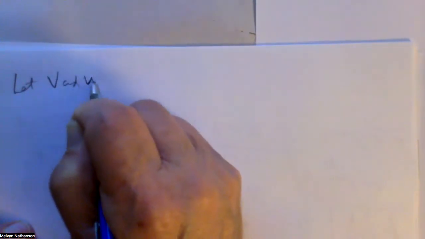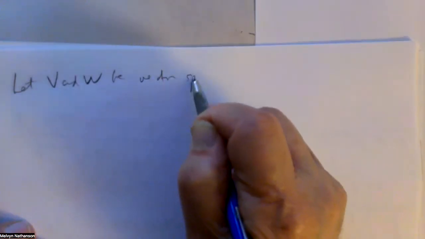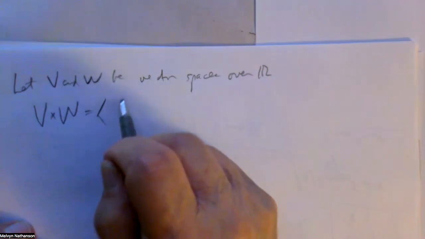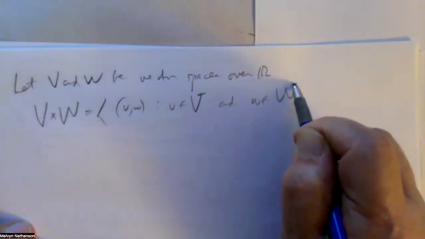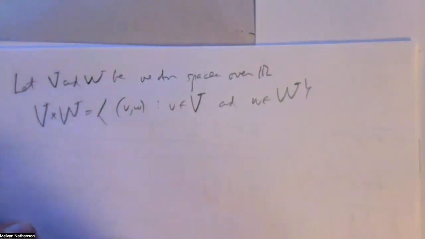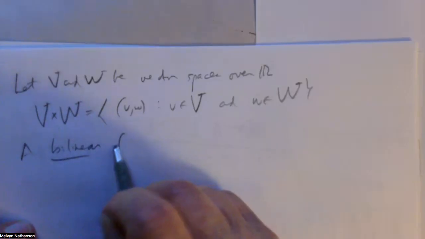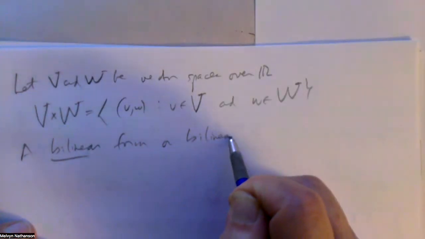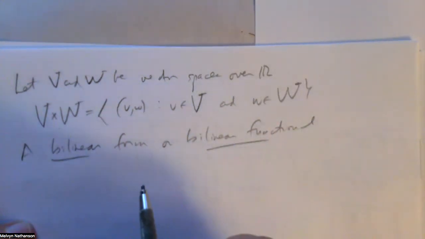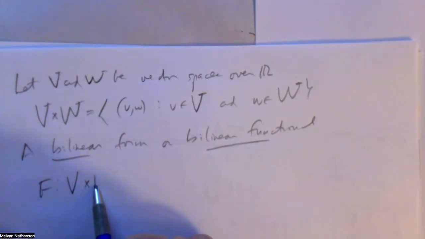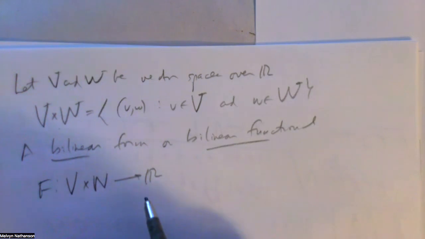And if you have two vector spaces, let V and W be vector spaces over R. V cross W is the set of all ordered pairs (v, w), where v is a vector in V, and w is a vector in W. A bilinear form or bilinear functional, there's two words for the same object, is a function f from V cross W into R, which satisfies the following two properties,